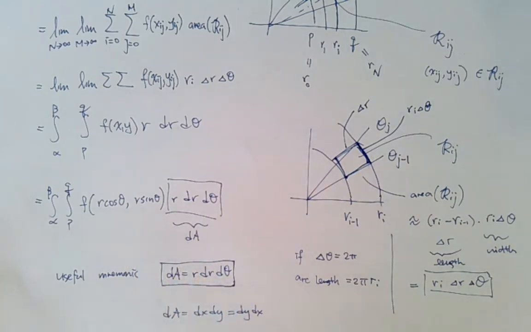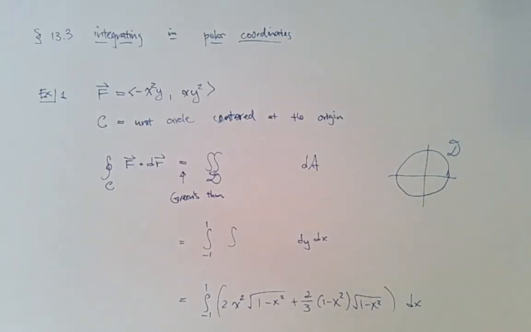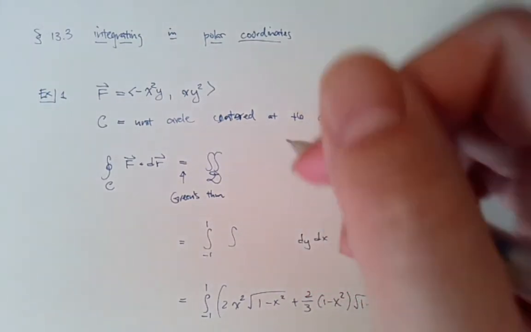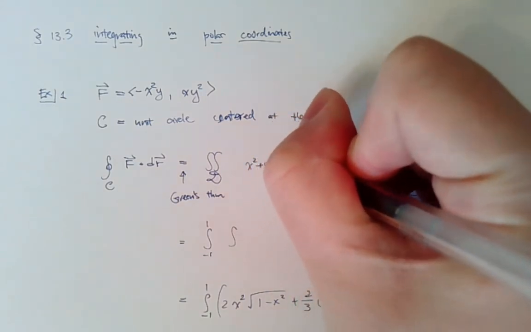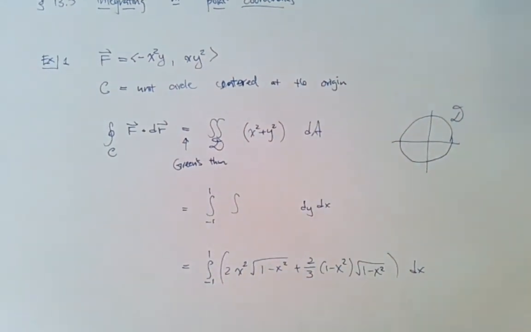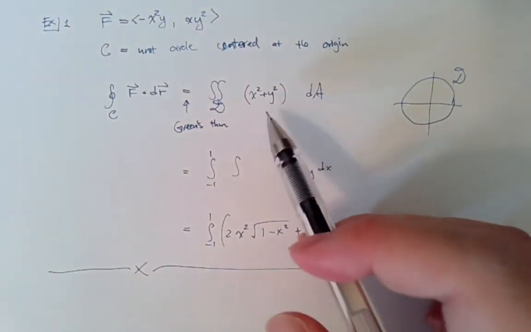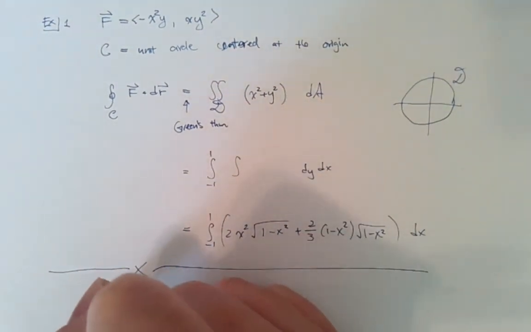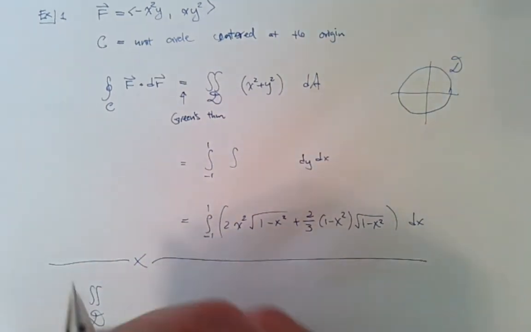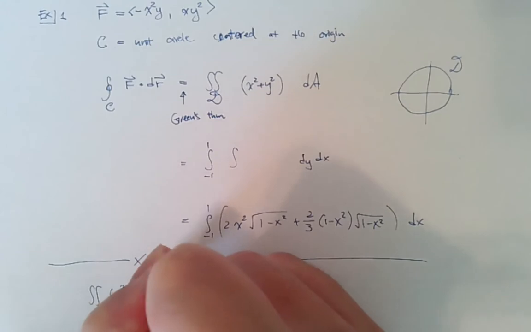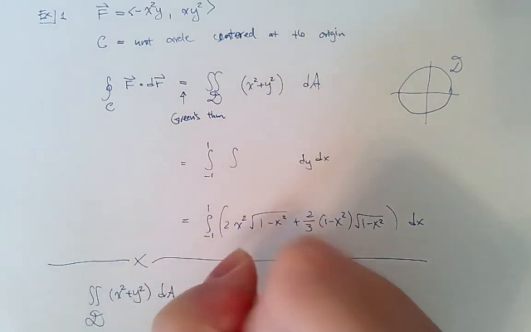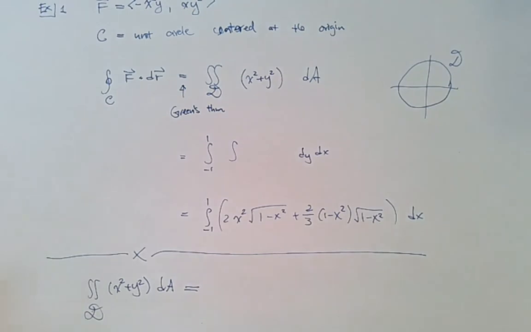Well, let's try using this formula and we'll see it in action. Now let's try our hand at this first warm-up exercise. Here, hopefully you figured out that's x squared plus y squared. So now let's start over. I don't want to use this, so I'll start from this part. So we've already used Green's theorem, and then we got a double integral, x squared plus y squared dA. And now I would like to use polar coordinates to